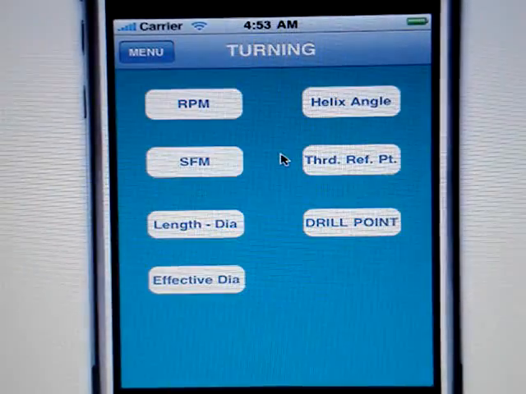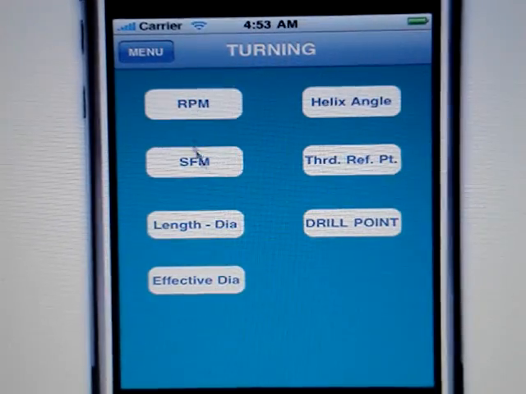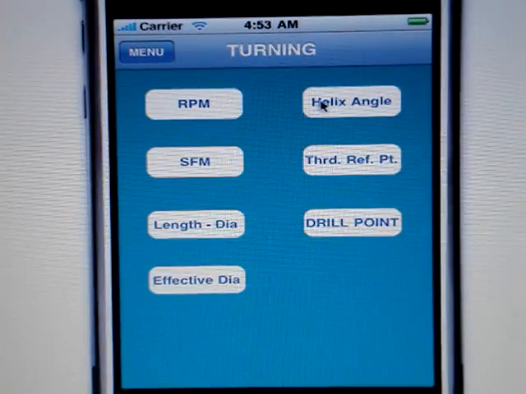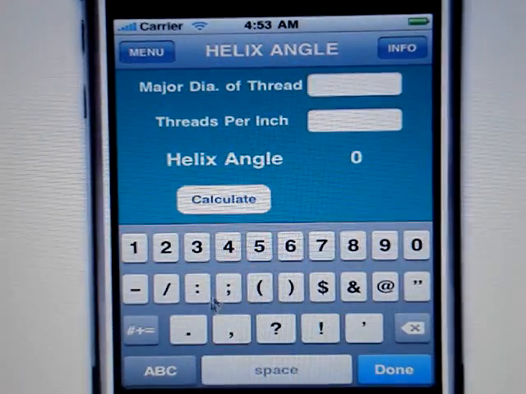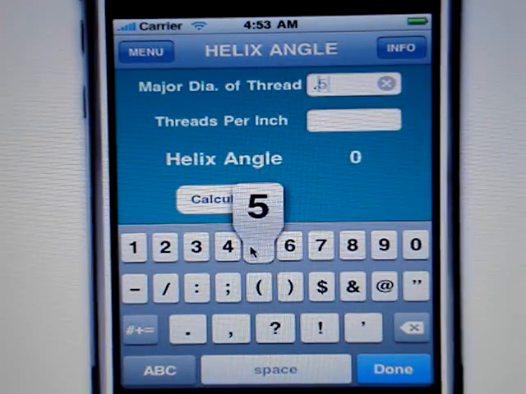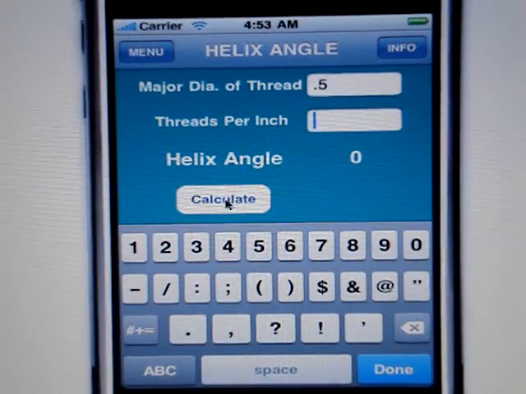We'll see what some of the things are in turning besides your typical RPM and surface feet per minute. We've got helix angle calculations for laydown threading inserts. If we're going to cut a half 13 thread, you type in the major diameter, 13